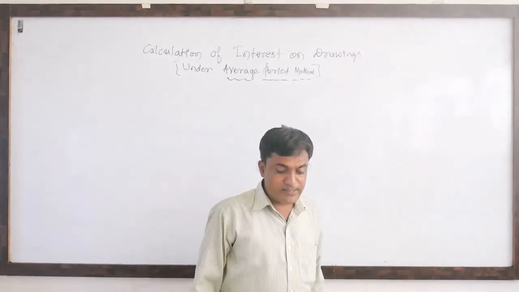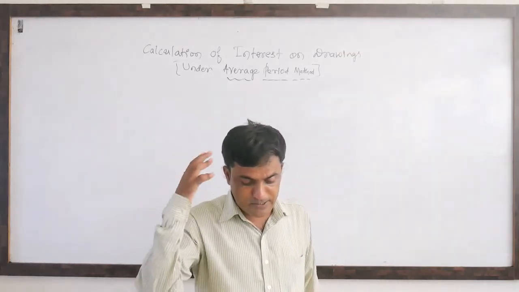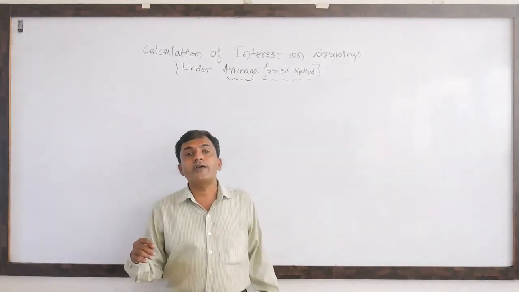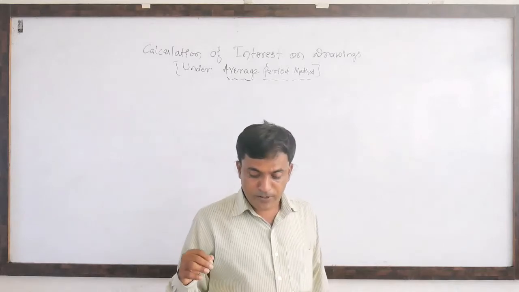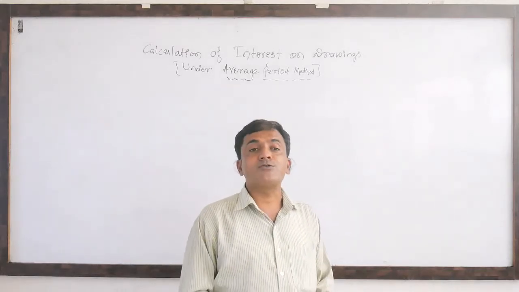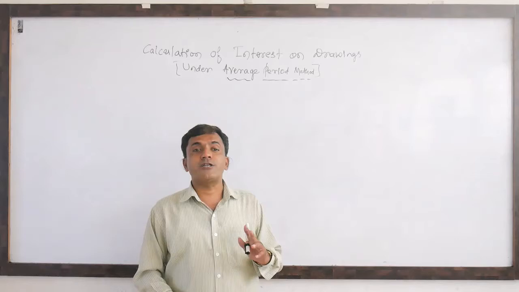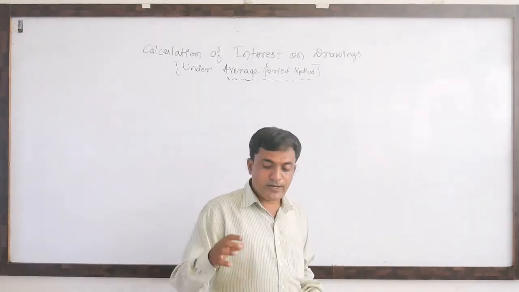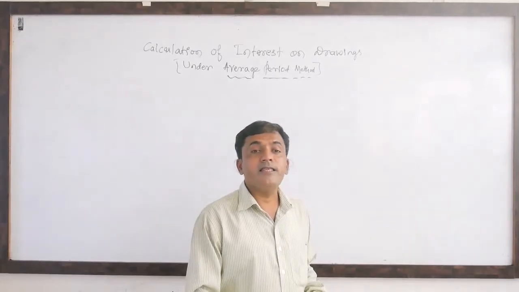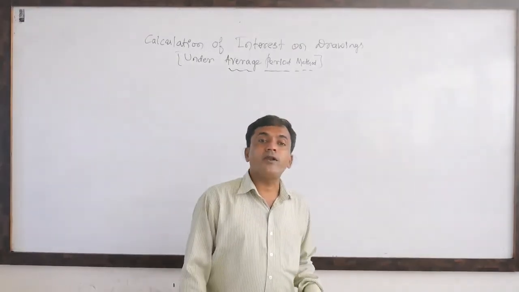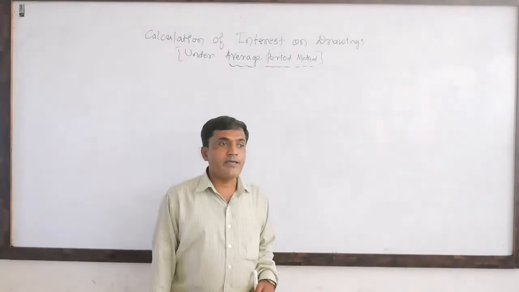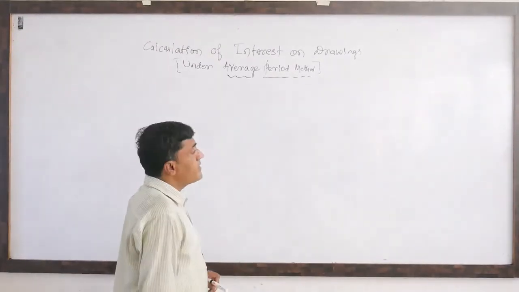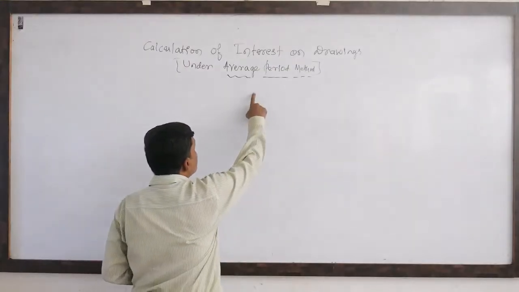With the help of this, calculate interest on partners' drawings at 12% per annum. The rate of interest on drawings is 12% per annum, for the year ending 31st March 2013. Here the financial year is ending, as books of accounts are closed annually. In this problem, we need to calculate the interest on drawings made by the different partners under average period method, the best suitable method.